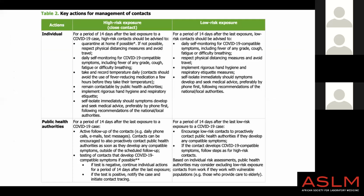So it's really about preventing any of those people who may have become infected from their exposure from passing on the infection. But the degree of monitoring is much more intense, obviously, for the high-risk exposures. And of course, amongst both the high-risk and low-risk exposures, if any of them fall ill or have symptoms, they should be tested. Now, the probability of actually catching infection between high risk and low risk is quite significantly different,